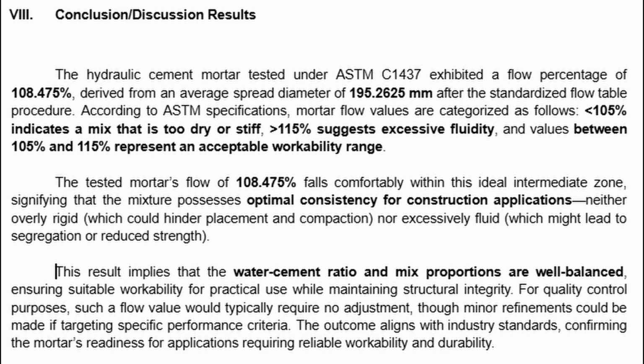Less than 105% indicates a mix that is too dry or too stiff. Greater than 115% suggests excessive fluidity, and values between 105 and 115% represent an acceptable workability range. So the tested mortar flow of 108.475 falls comfortably within this ideal intermediate zone, signifying that the mixture possesses optimal consistency for construction application, neither overly rigid, which could hinder placement and compaction, nor excessively fluid, which might lead to